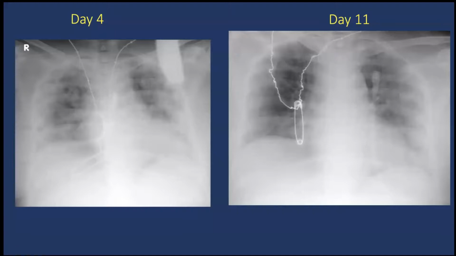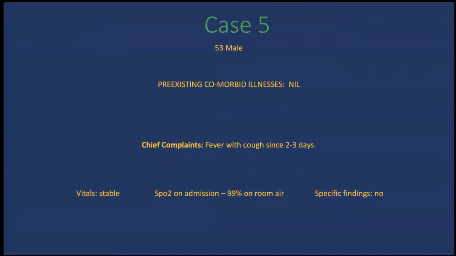And this patient was doing well clinically. His repeat COVID test came negative, and he was discharged. From our experience, we have seen that a lot of patients who come with very severe COVID pneumonia on imaging are also doing well if they have comorbidities which are well controlled. Like this patient was diabetic, which was controlled.